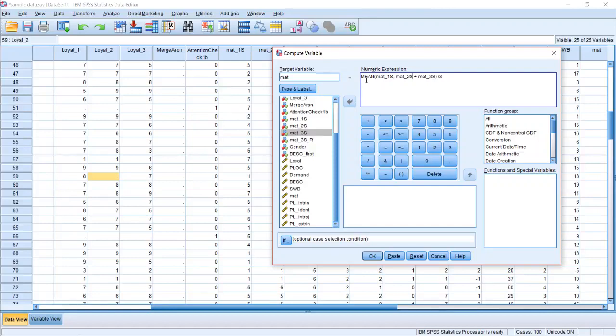And then you comma, get rid of that. So if I type mat or materialism equals mean of mat 1, mat 2, and mat 3, it'll compute the mean for me, and if there's missing data, it'll divide it by the right number. Now, I could press OK, and it would calculate that score for me right now, but there's this button that